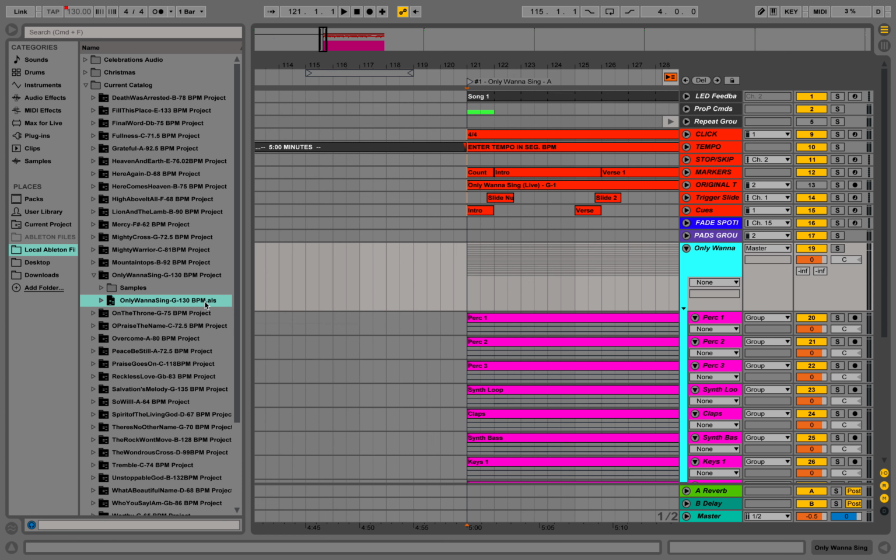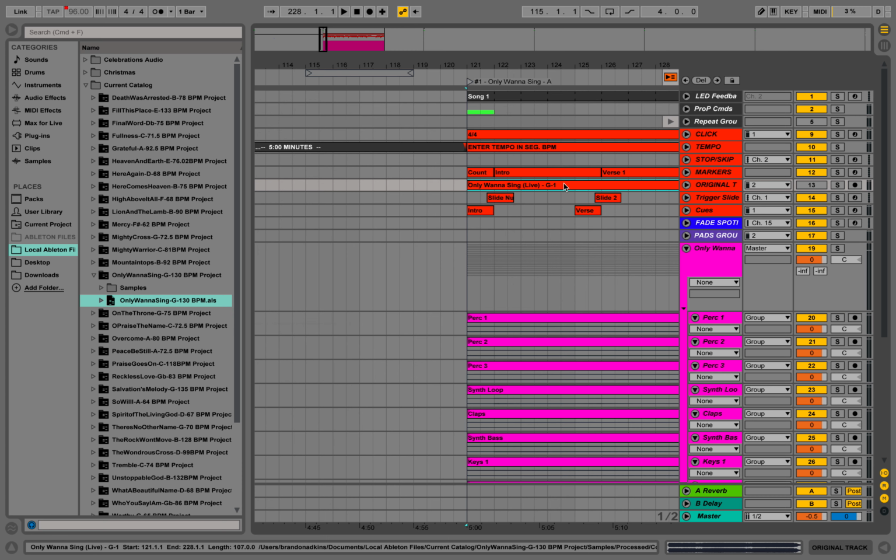So the .als file that we drop in is going to be in the original key. In this case, G. You can tell from the original track, Only Want to Sing is in G. From the service plan, we know that the band wants to do Only Want to Sing in A, so we have some transposing to do. So first we're going to transpose the original track by selecting it, and then this arrow in the bottom right corner is going to create a window pane,